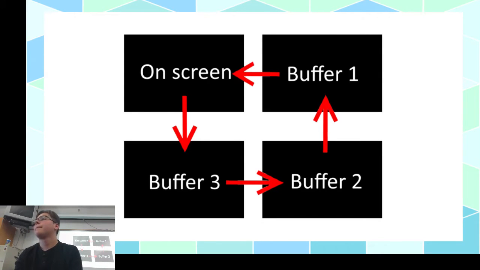Yeah? Why would you keep moving 2 buffers? So sometimes the write operation takes longer than it would to switch the buffers. So it might take a little bit longer, so you want to make sure you have enough buffers in queue. So they don't necessarily have to be, like this buffer 1 can be on screen, and buffer 2 doesn't have to immediately switch to that. Like it's kind of like a queue. It's like waiting in a line, waiting to be put onto the screen. So, yeah.